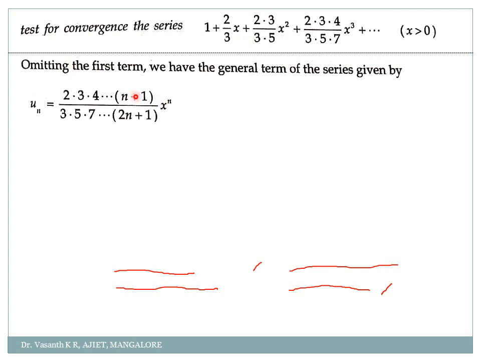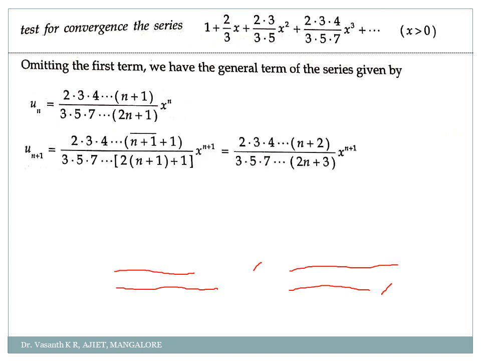Now you worry about the numerator. So numerator, if you check, what will I get? 2 I should get, after that I should get 3, after that I should get 4. So what can I write here? n plus 1. If it was starting from 1, 2, 3, 4, you could write n. It is starting from 2, so you write it as n plus 1. Denominator, if you check, 3, 5, 7. So it should be 2n plus 1, into x power n. That's it, finished. Correct? Yes. And this 1 you ignore it, don't worry about it for the summation.